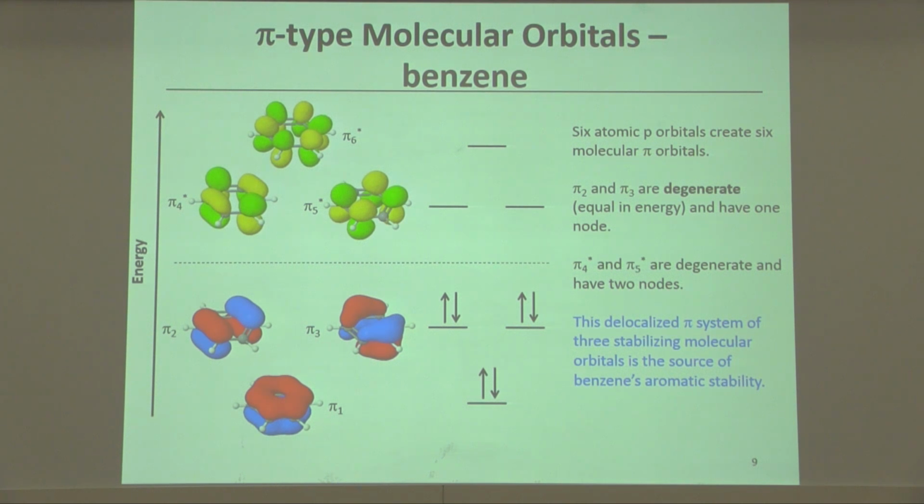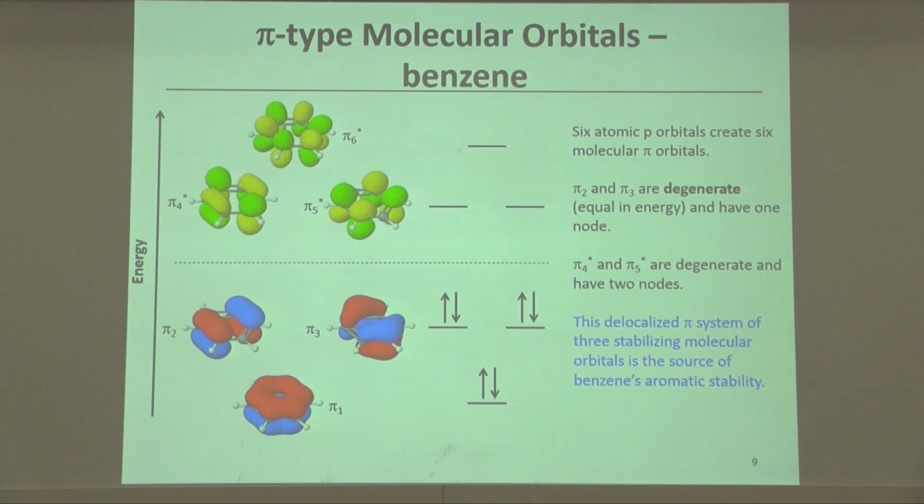This system of orbitals, not the fact that it has 4n plus 2 pi electrons, is actually the source of benzene's aromatic stability. And in particular, pi 1 is the important orbital. And pi 1 is the orbital that all of us sort of have in mind when we think of conjugated pi systems or aromatic pi systems. There's great overlap completely around the ring in this structure, which is why it is such a low energy and